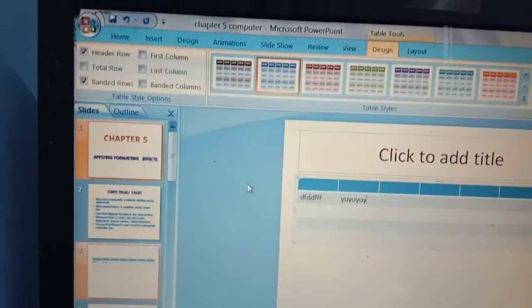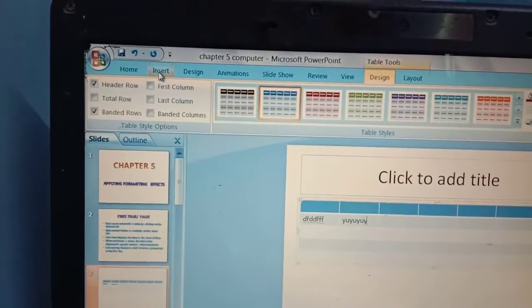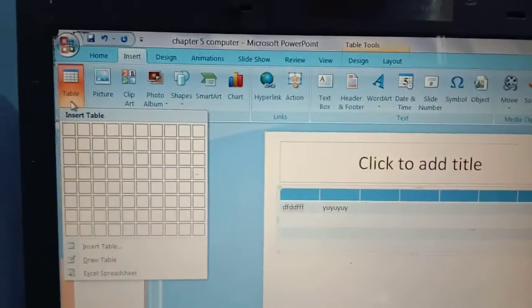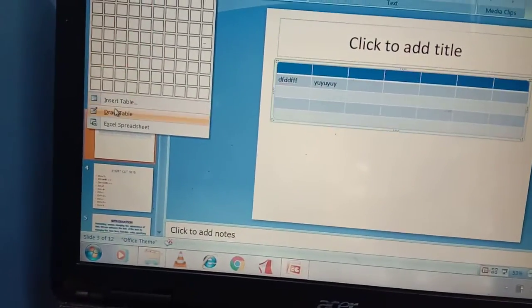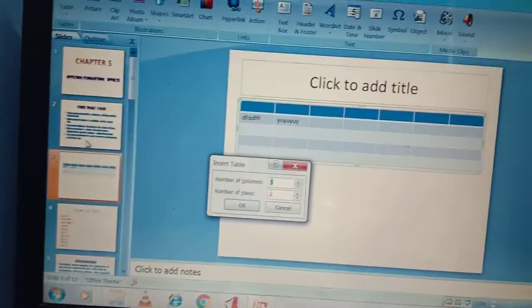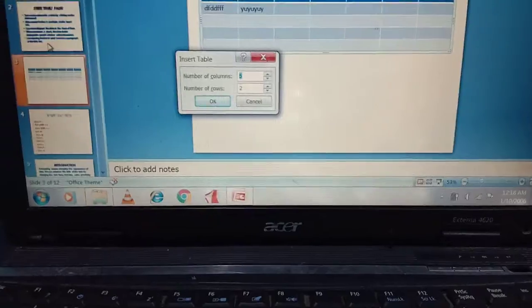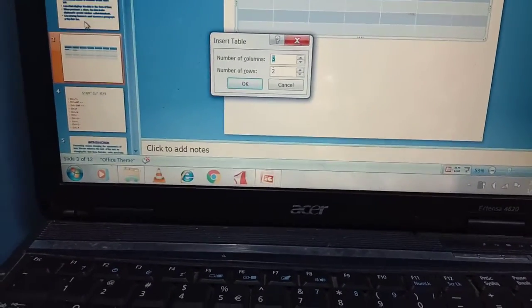And for inserting a table, where do we have to go? We have to go to the Insert option and then click on the Table option. Here you can either select the table or click on the Insert Table button, where the Insert Table dialog box will appear, where you can write the number of columns and rows and then click on OK.